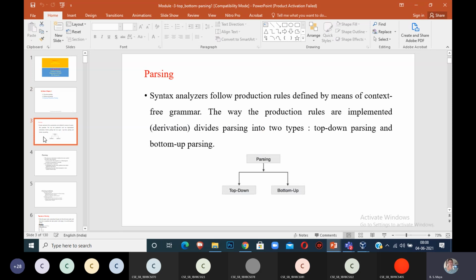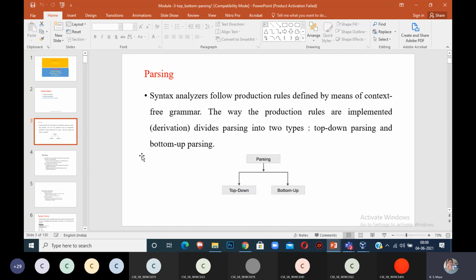In the syntax analyzer, we follow the production rules. We know the production rule has a head and a body, defined using the concept of context-free grammar. The way we produce the production rules to implement these types of parsing is using derivation. From those derivations we use different types of parsing, classified into two types.